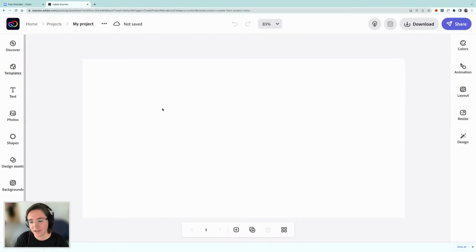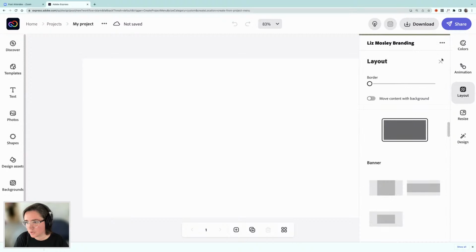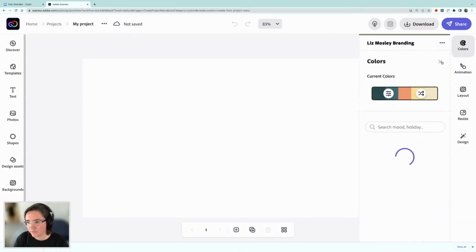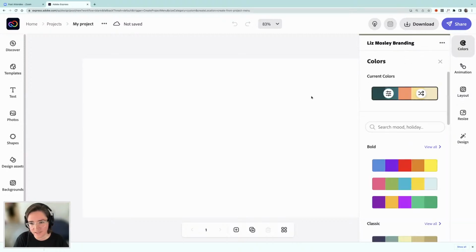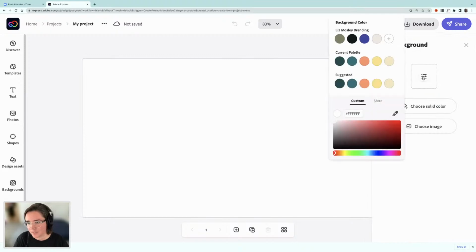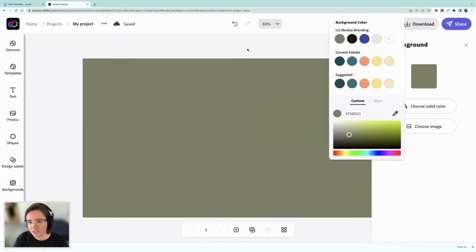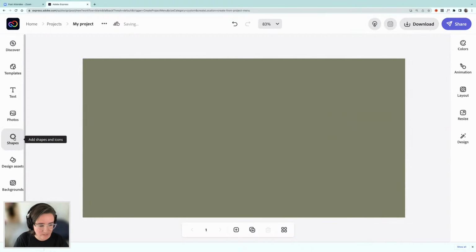So I'm going to keep my background pretty simple because I don't want it to interfere with the text that's going to be at the top of my web page. So I'm just going to add a few elements